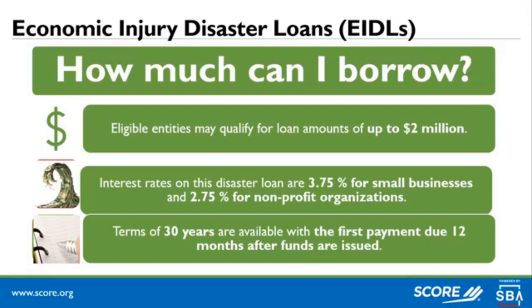So if you have credit card debt at 16% and you can roll it into this loan and get it approved, then you're already down to 3 3/4, and you don't have to pay on it for the first 12 months without penalty. There is no prepayment penalty for this, by the way, in case you were wondering about that. So if you're able to pay it off sooner than the 30 years, more power to you.